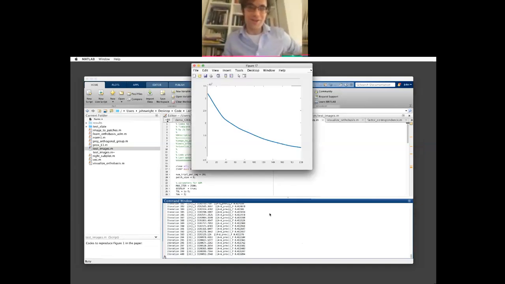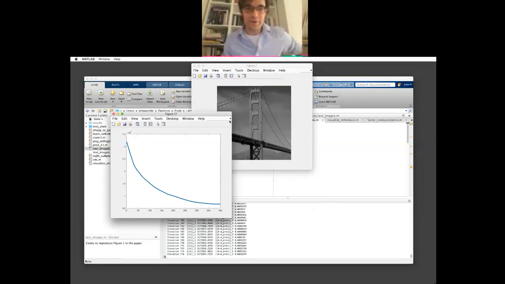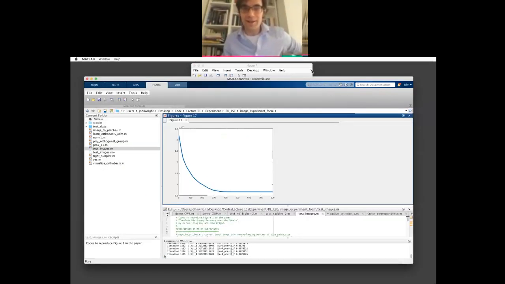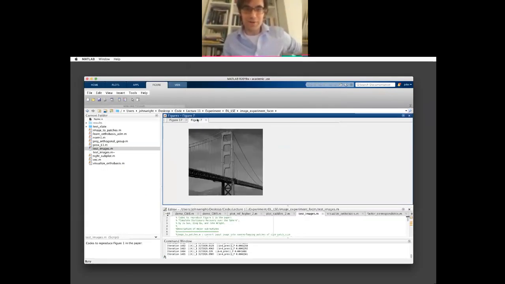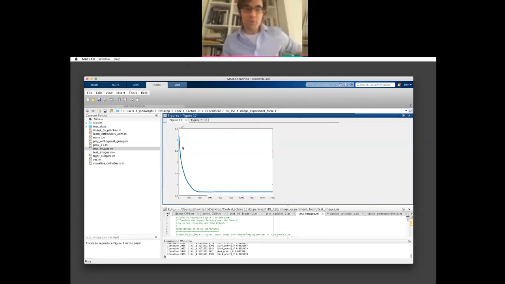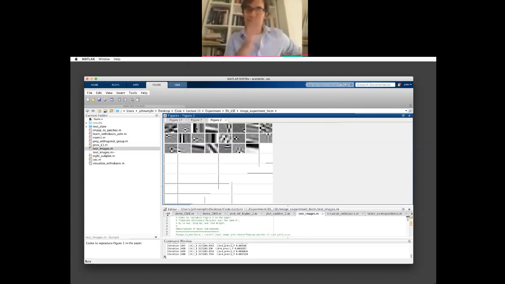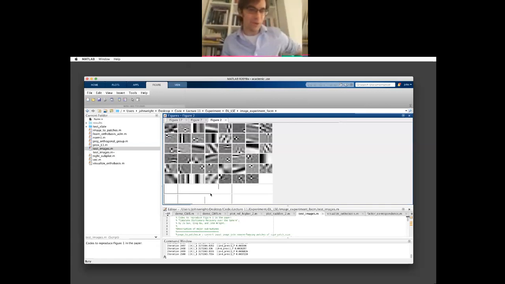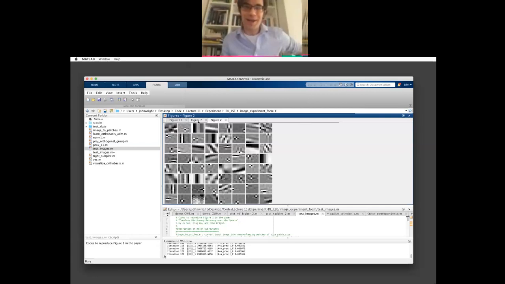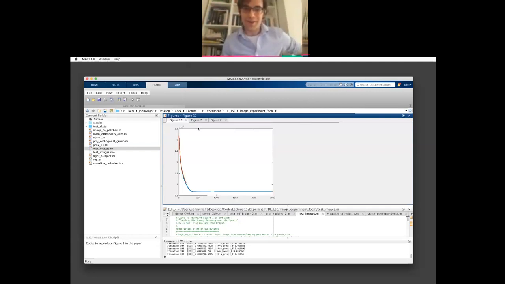I've loaded an image. It's not the fish. It's actually this picture of the Golden Gate Bridge. What's plotted in the graph is the objective function as a function of iteration. So we iterate for a while, bouncing back and forth between Q and X. Eventually, we reach a representation, the one being plotted right now. It doesn't look like that much, just spots and bars. This is typical if you try to learn representations with a single layer. Maybe some of the bars reflect some of the linear structure in the picture.